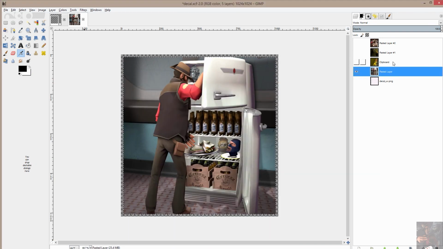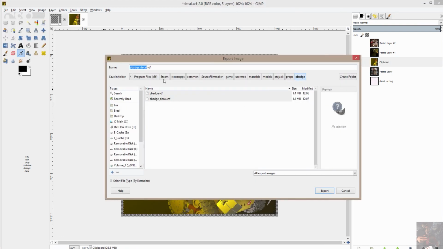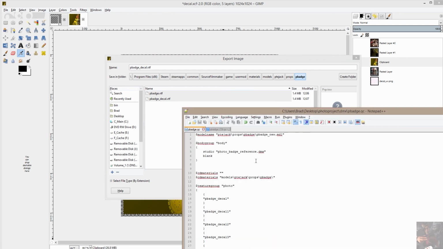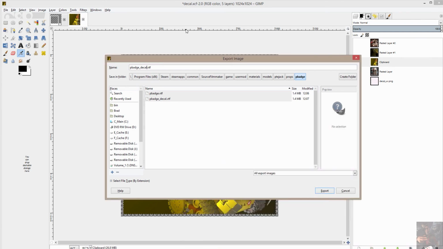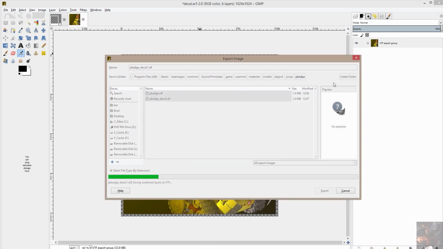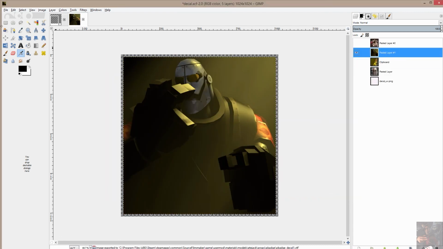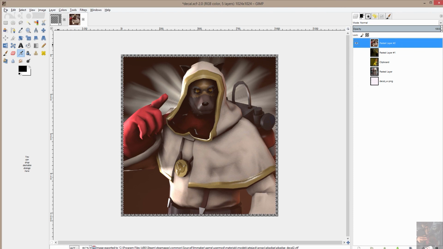To do the next ones, all I do is make sure I have it turned on, selected, file export, and I should still be in that pbadge folder. So all I have to do now is rename my file. And what I'm going to name it by is the naming conventions that I gave my textures in my QC. So this one is going to be decal1. Pbadge decal1, VTF, hit enter, nothing, right, OK. And I do that for the other two. Turn that one off, file export, decal2, OK, turn that one off, that one on, select layer,